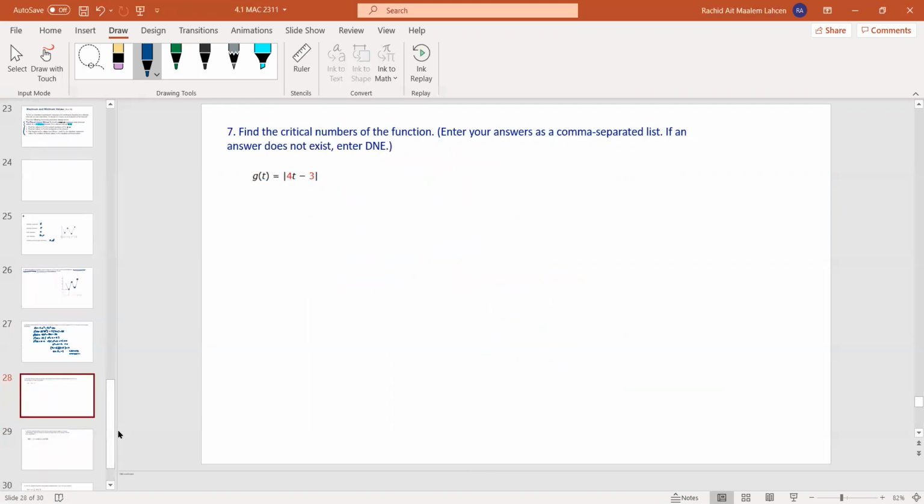Now, a similar question for g of t, and you have the absolute value. This is a nice example to refresh and reinforce the definition of absolute value. For it to be positive, you have to consider two cases. The 4t minus 3 is the answer if that quantity is positive. However, if that quantity is not positive, then you need to use the opposite, because that's how the definition of absolute value works. So the absolute value of A is A if A is positive,